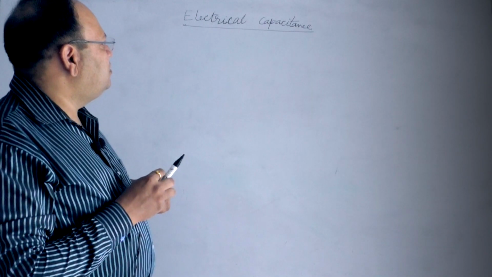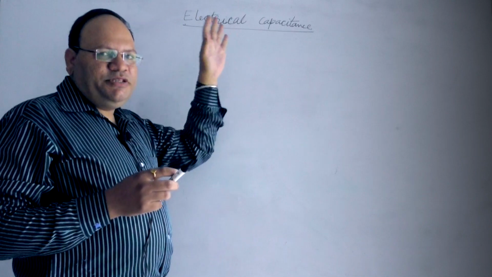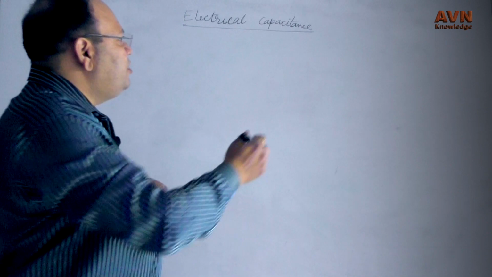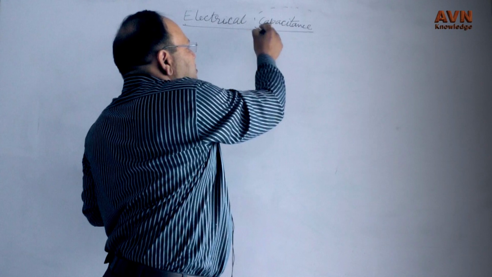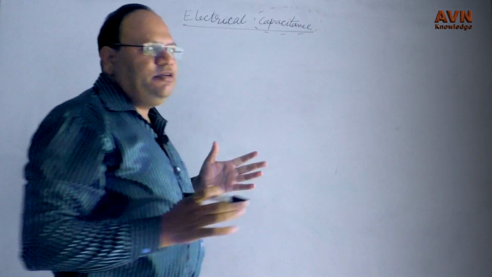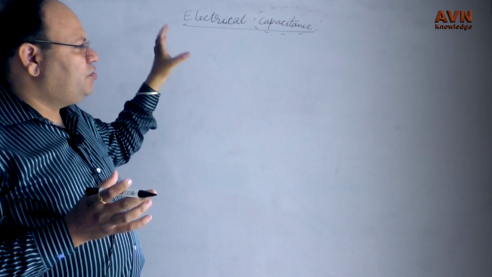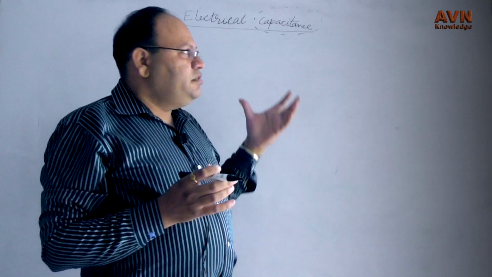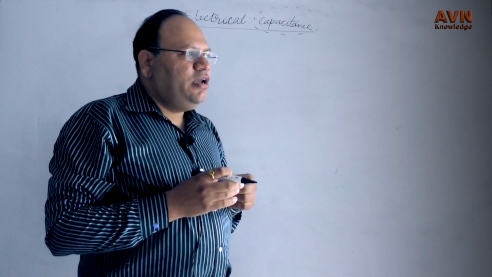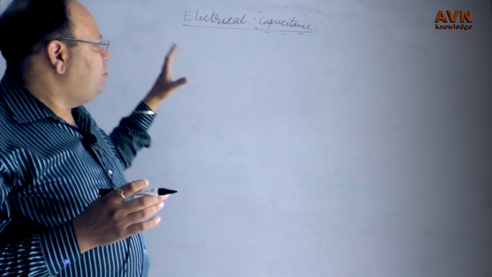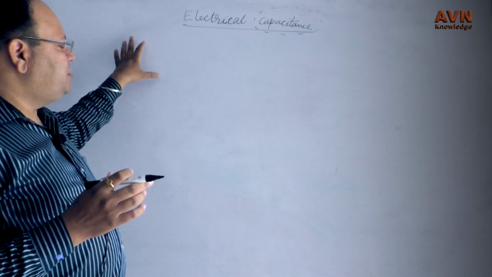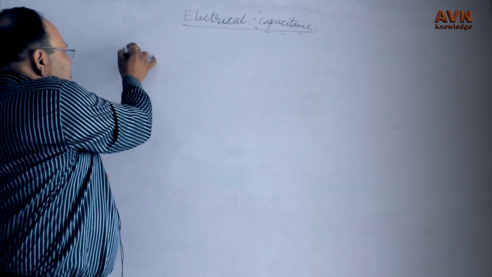So at first we start the electrical capacitance. What is capacitance? It means capacity. Capacity means potential energy, which we have stored as a potential energy, just like electrical energy. So the first term we study is the conductor,